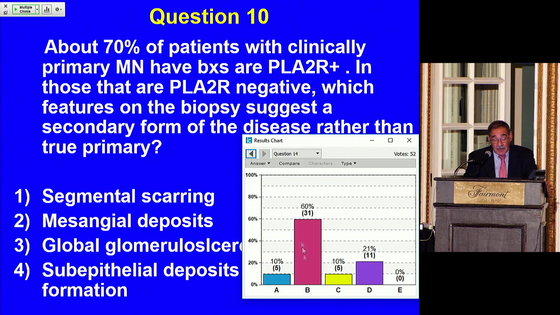Okay. Mesangial deposits is correct. So far, the majority has been right on every single one of these. So mesangial deposits should always make you think of a secondary cause. It could be lupus in a young female. It could be a medication-induced one in an older person, tumor-related. But anytime you see mesangial deposits, even though they say 10% of idiopathic have mesangial, those patients aren't necessarily followed long enough. At least it should raise your eyebrows and you should think about it.